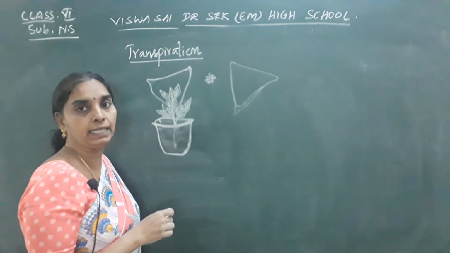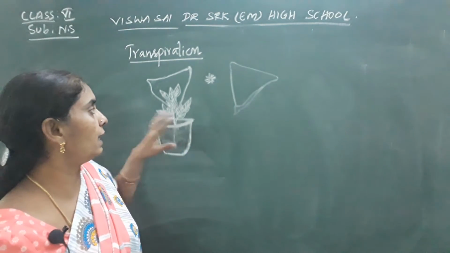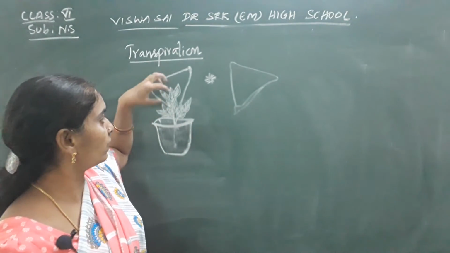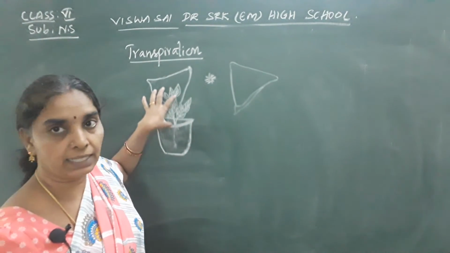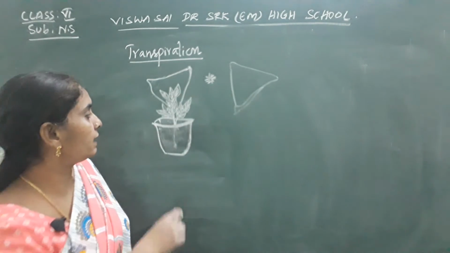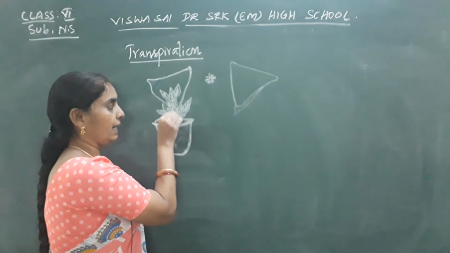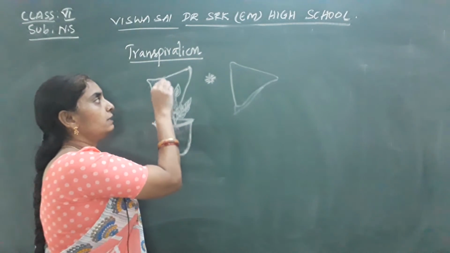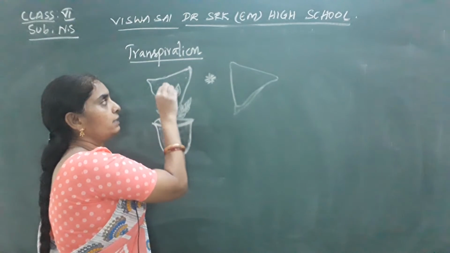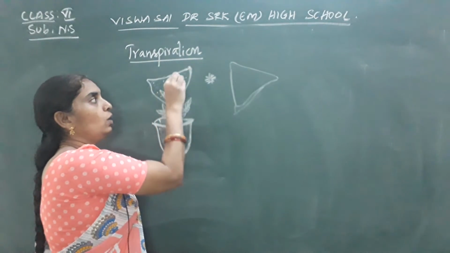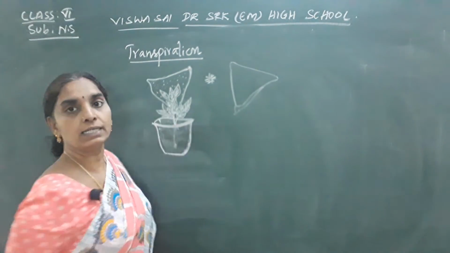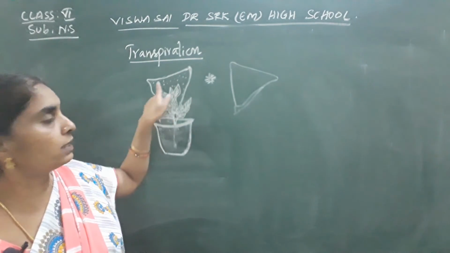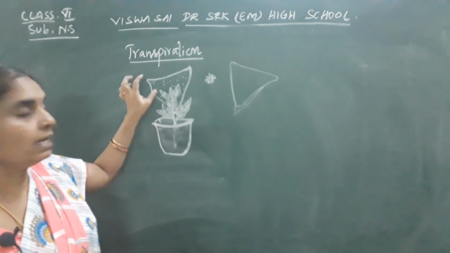So after one day, the plant which is completely exposed to sunlight, if you cover one of the branches of the green plant with the polythene cover and tie it at one end, and leave it overnight, you can observe next morning tiny droplets of water over this polythene cover. Okay children, so what did you see here? Tiny droplets of water were seen over the polythene cover.